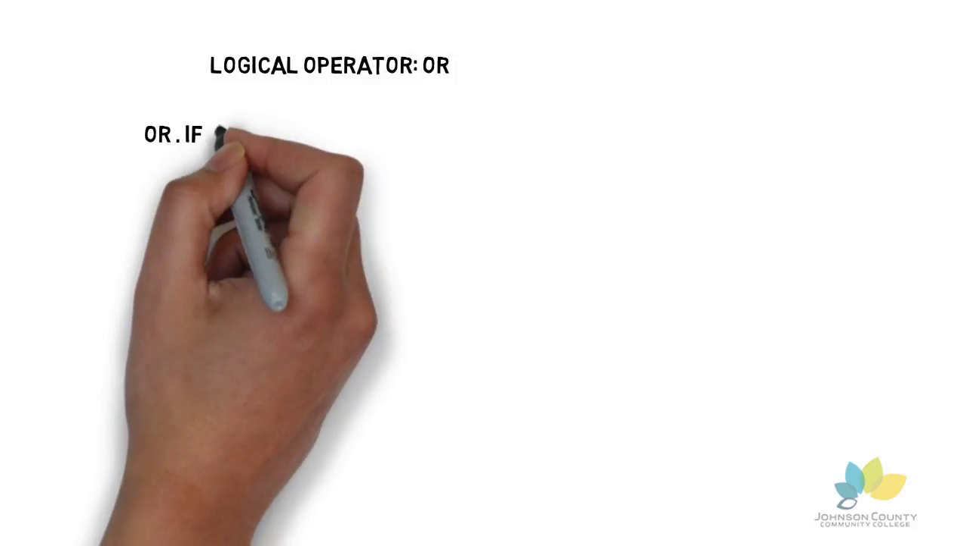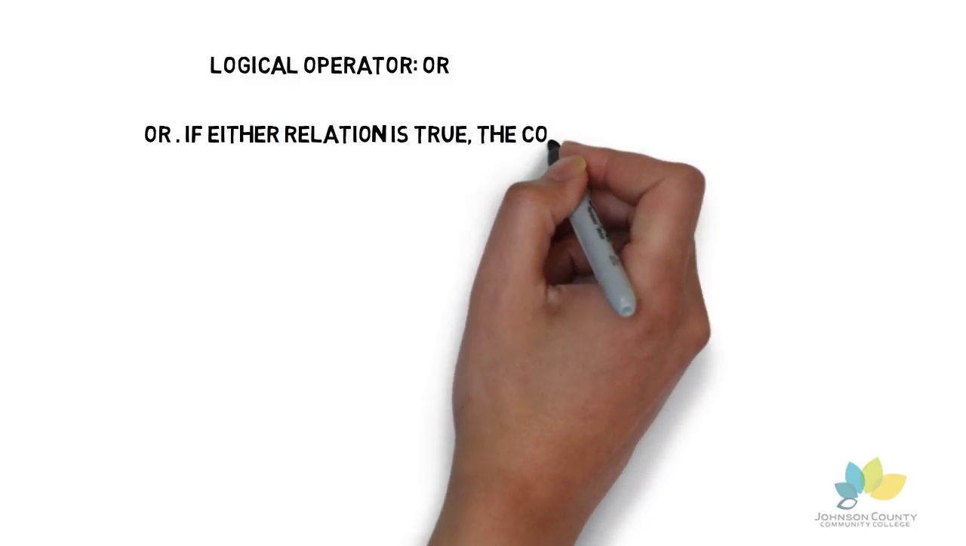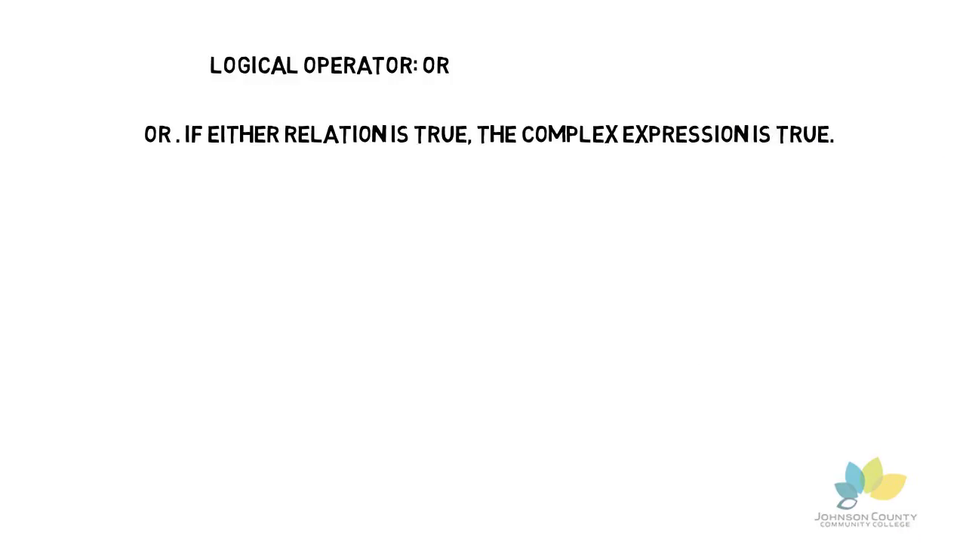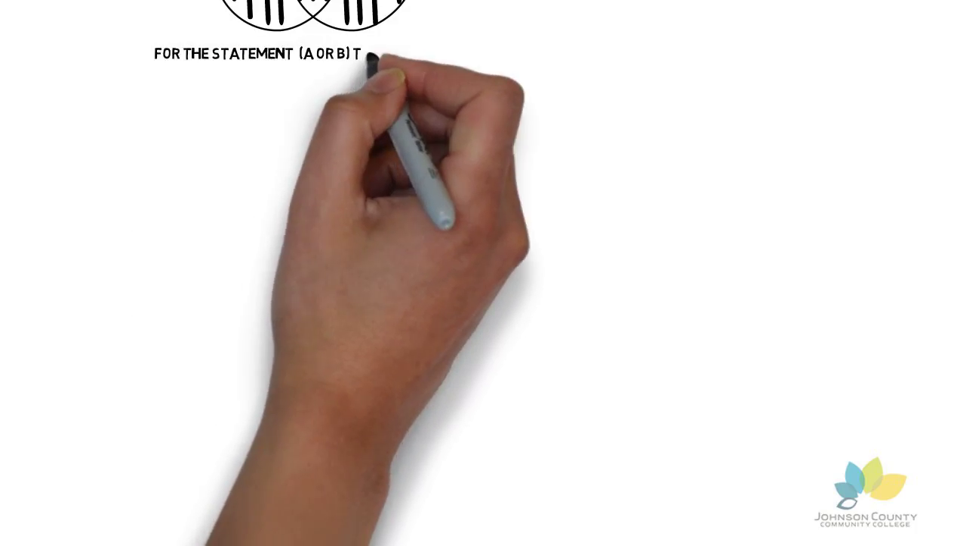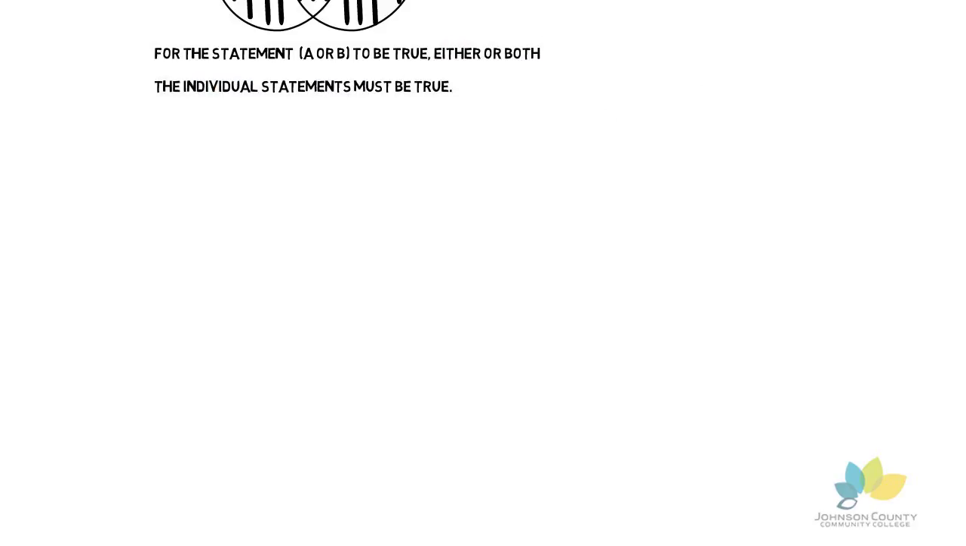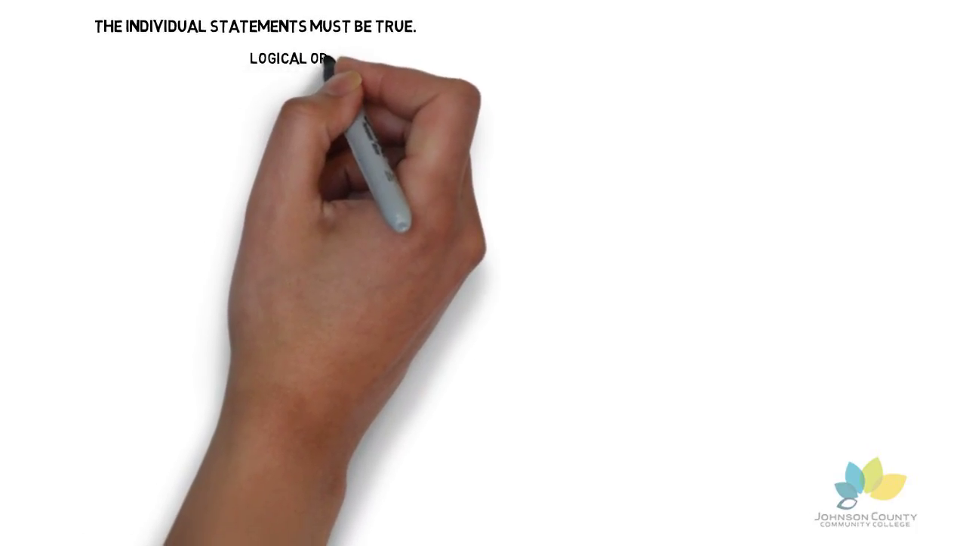Logical operator "or". If either relationship is true, then the expression is true. For a statement A or B to be true, either or both of the individual statements must be true. So in our logical operator "or" example,